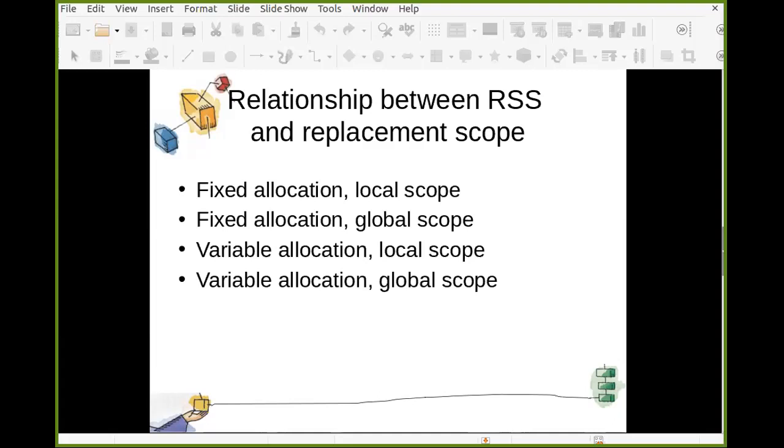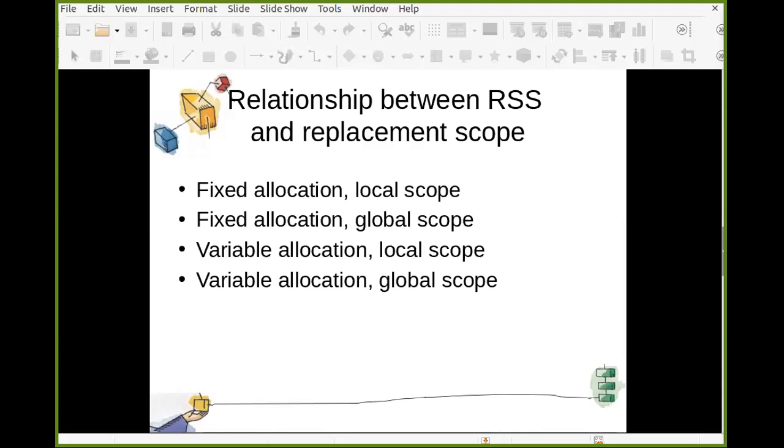Fixed allocation means once at load time it is decided that this process will have only this many frames throughout its life, it cannot be changed. If it is decided that it will have only 3 frames, throughout its life it will be 3 frames. You cannot add more or remove any.